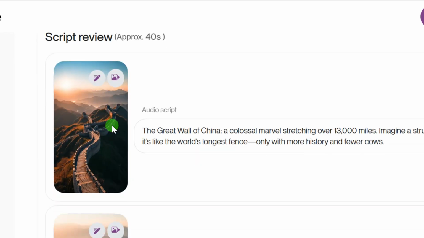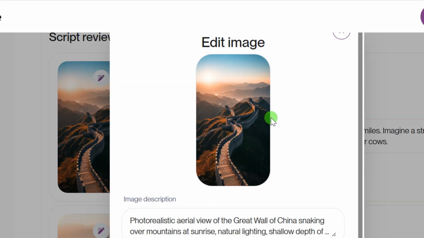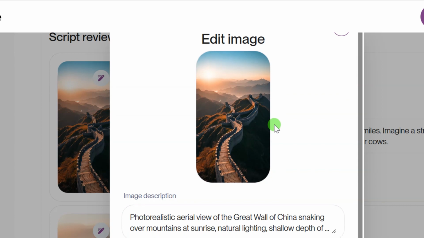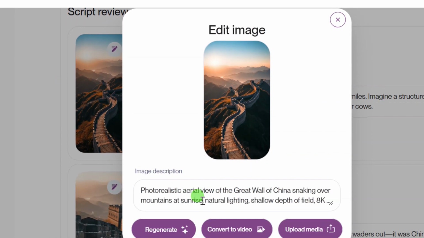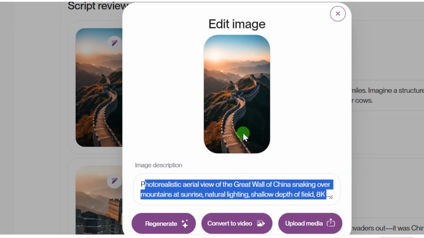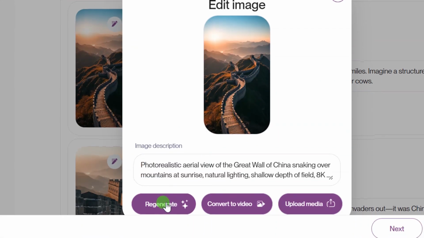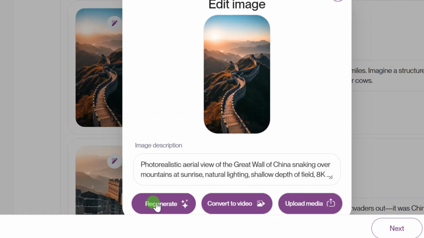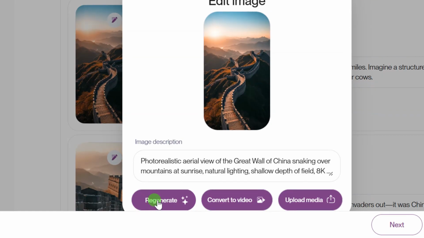But if you are not satisfied and you still want to edit these images, you can use this edit icon. If you click on this edit icon, it's going to give you option to edit your image. Here, this is the text prompt that was used to generate this image. So you can enter in a new text prompt to generate a new image for yourself. Or if you want the AI to generate image, you can use the regenerate option here to generate a new